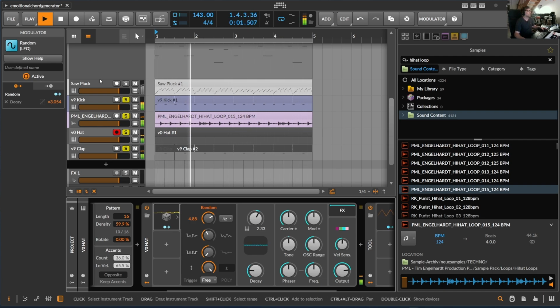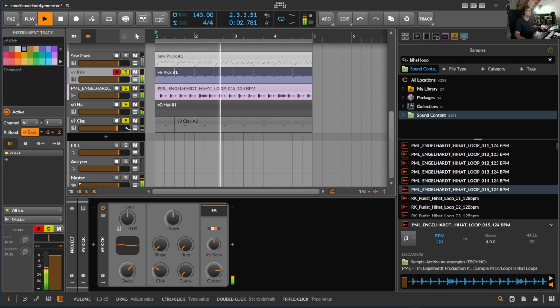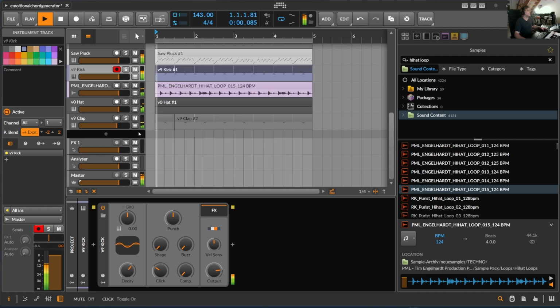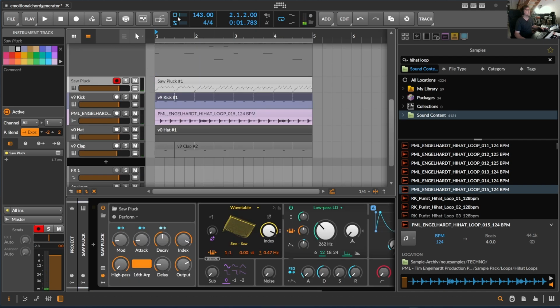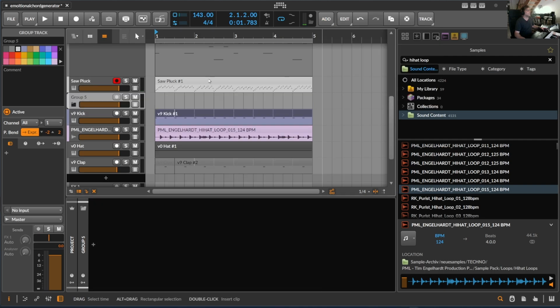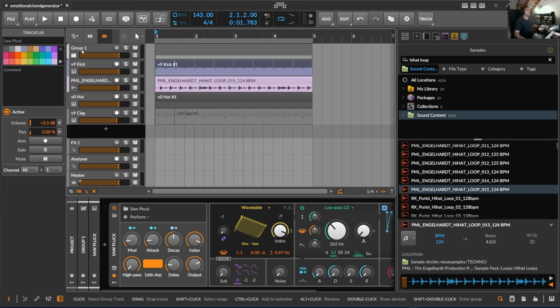I just wanted to put this on top and also use here the kick drum for the side chaining of it. And let's see how that turns out. To do so, let's make it the easy way. Just add a group, put all the instruments besides the drums in this group,